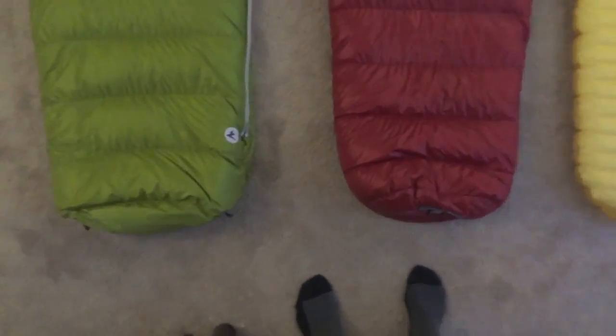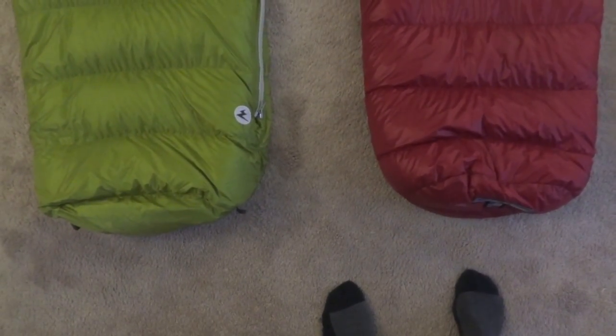Now I've got these bags lined up pretty much end to end, spot on. They're pretty much even there. What I want to show you here, and this is something that I think is really important,